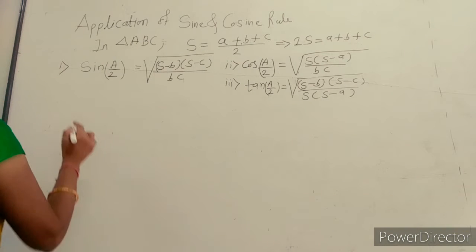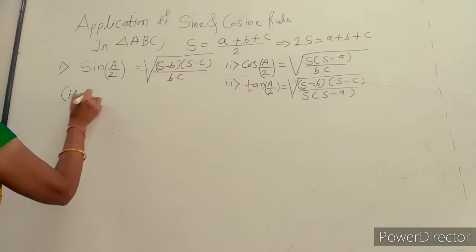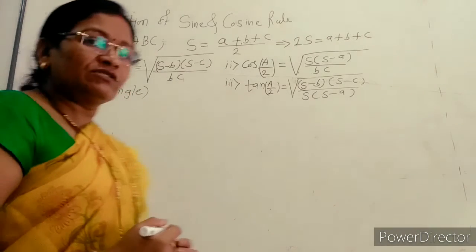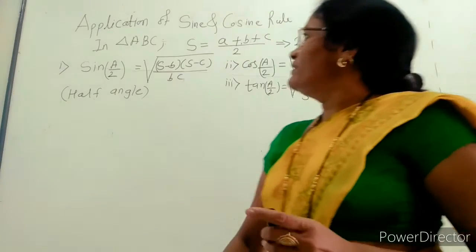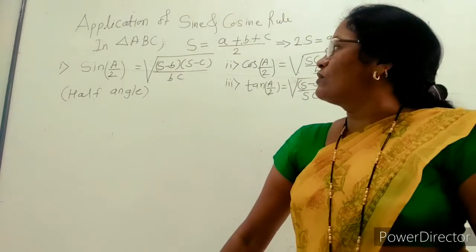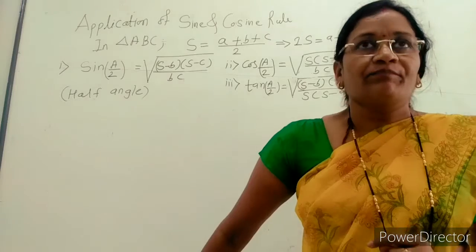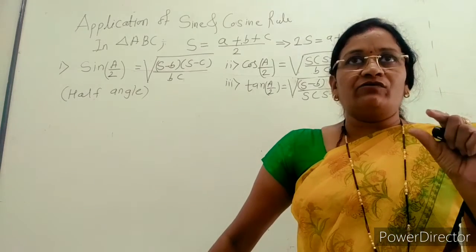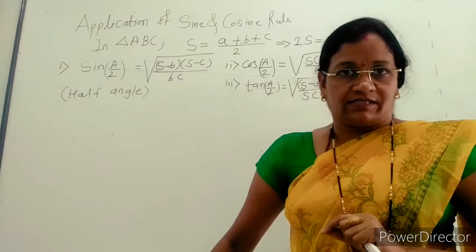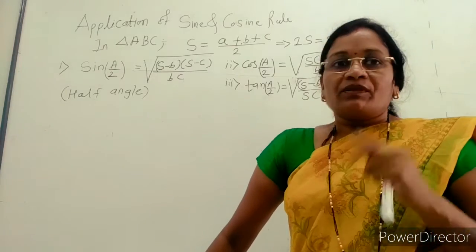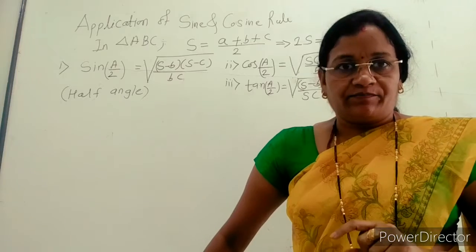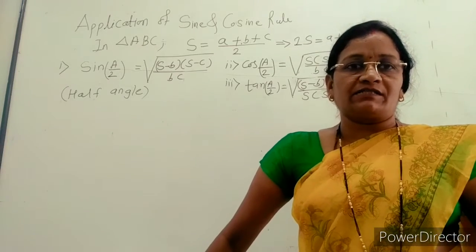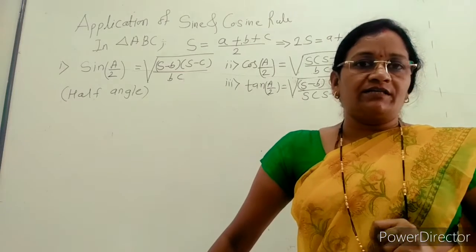All these three applications are according to half angle. So we have to find trigonometric ratios with their half angle. Already we saw the results of sine A by 2, cos A by 2, tan A by 2 in 11th standard by taking the ratios of compound angle. That means we find sine 2x is equal to 2 times sine x into cos x. That result can be obtained by using the identity sine (A plus A). Now cosine 2A, that is cos (A plus A), and tan 2A, that is tan (A plus A). With the help of this we found these results already.